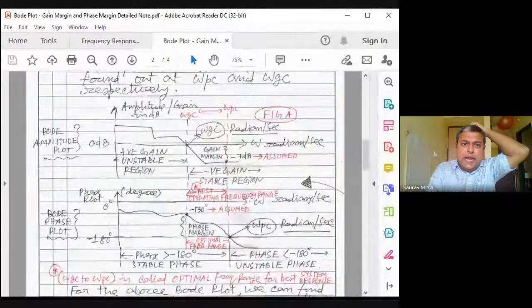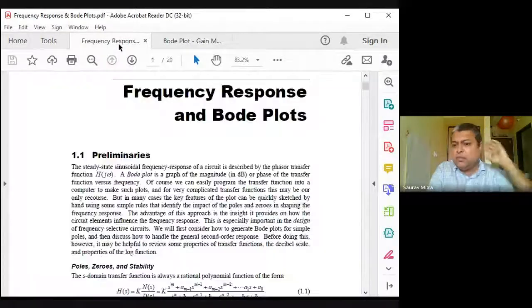So this note and the frequency response note, Bode plot, both I will post to you. Just have a go through. Don't try too hard to understand. I am there to explain the things to you, but just give a look through, and whatever